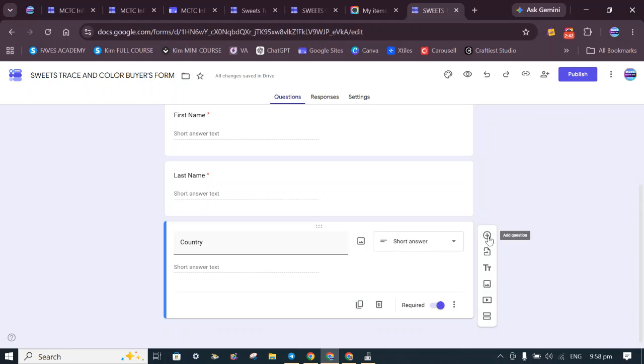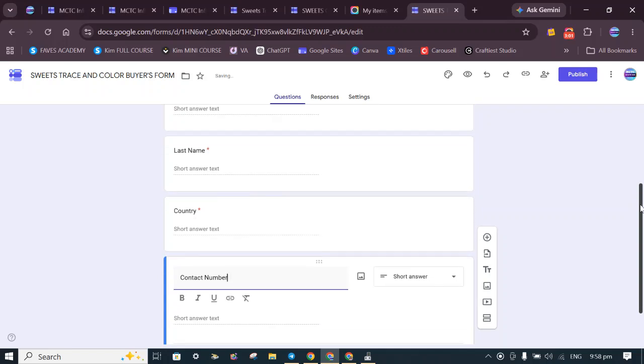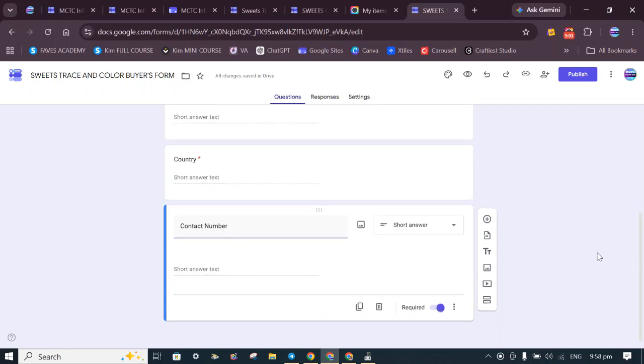Kadalasan talaga na buyers ko from the Philippines, so yung mga create ko na digital products dapat Filipino friendly. Tapos, you can put there also contact number para makontak nyo sila in case na they need assistance, if hindi nagre-reply sa email or sa chat.